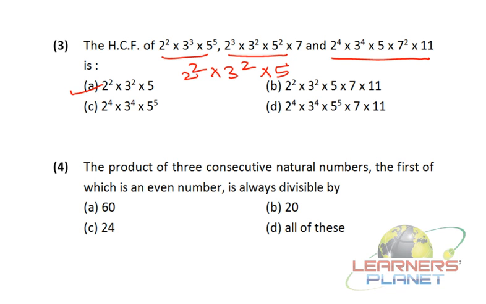now let's see this problem. The product of three consecutive natural numbers, the first of which is an even number, is always divisible by what? Now let's begin with 2. So the first number is, let's say, 2, then 3 into 4. So 2 3s are 6, 6 4s are 24. So we can generalize that the product of three consecutive natural numbers will always be divisible by 24 if the first of them is an even number. Okay friends,